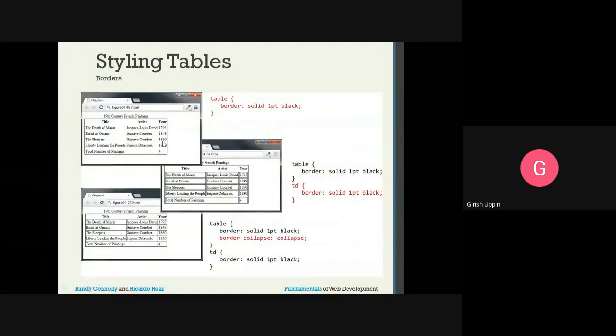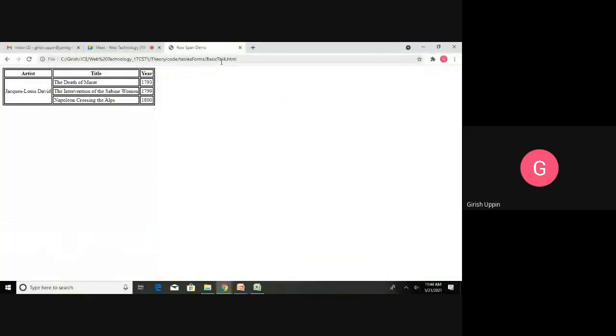Okay, border styling: how to style the table border. Yesterday we already saw this example. Let me open the fifth one. This is the fifth one.